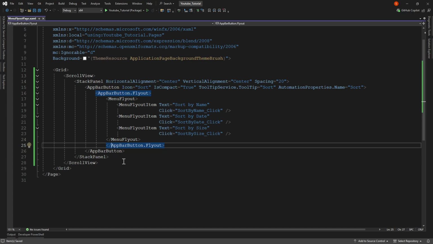The item is the real content that stores the text and the event. So we have 3 items: 1 sort by name, 2 sort by date, and 3 sort by size. Every item has an event: sort by name click, sort by date click, and sort by size click.